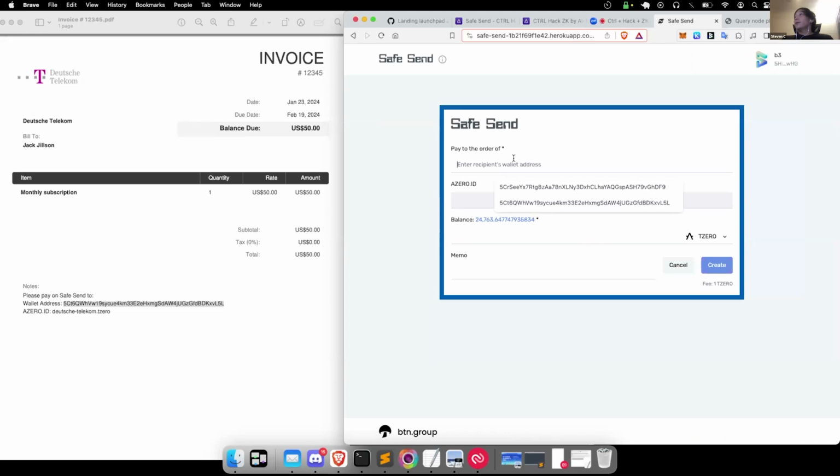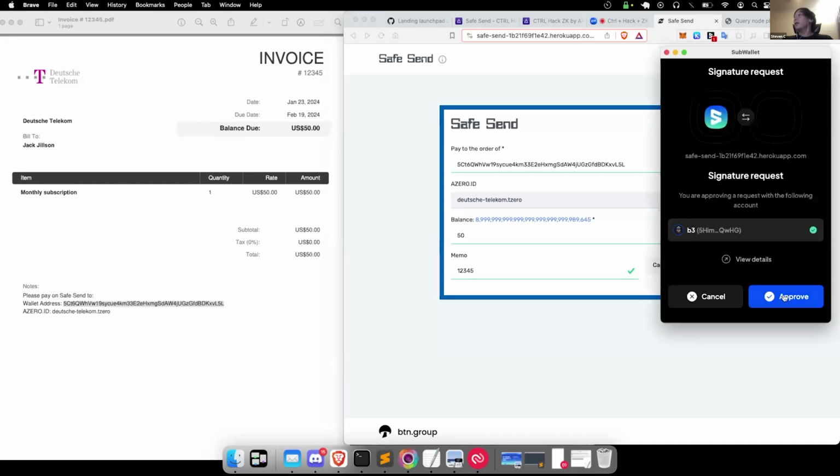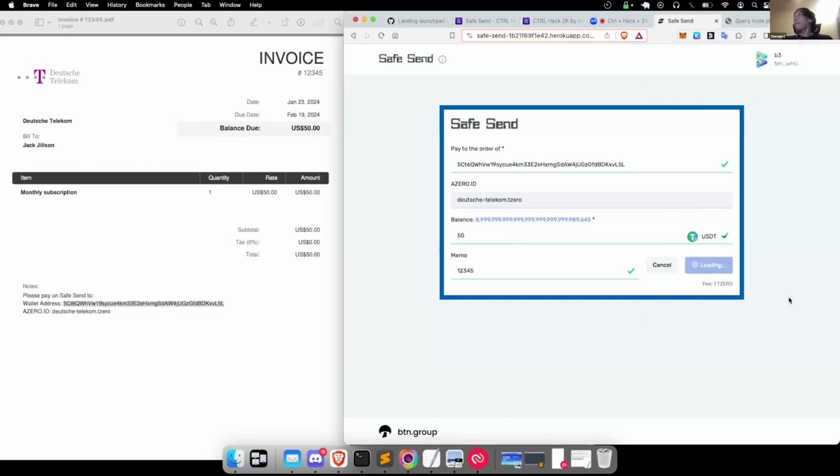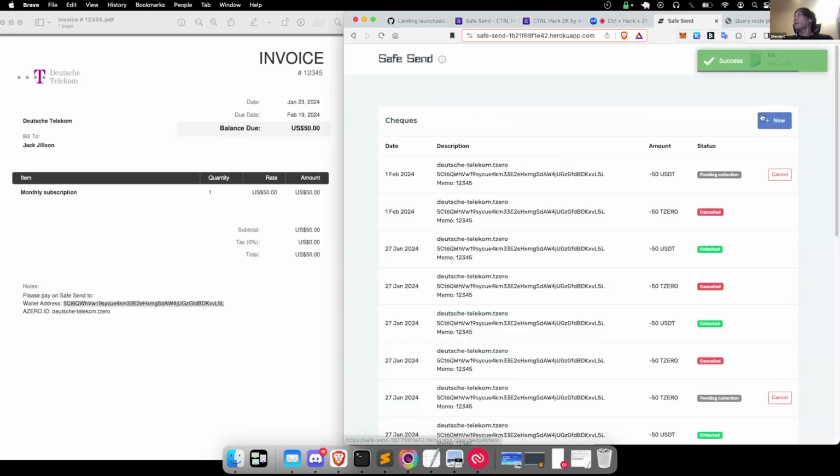So that is that. And this time I'll change to USDT, change that to 50, create. Alrighty, so everything looks good. Now on Dutch Telecom side,